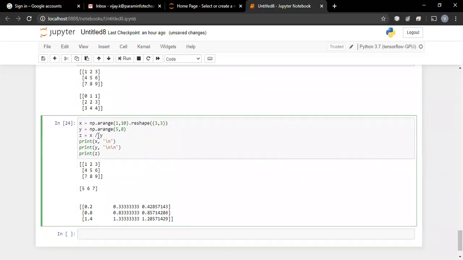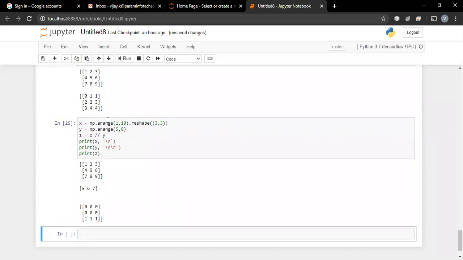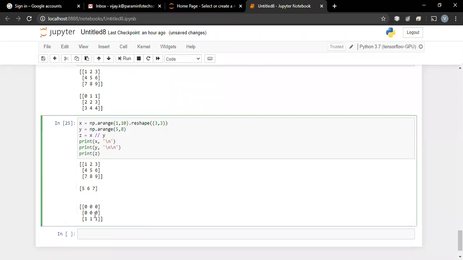Instead of division I can even go for the double division symbol, and it can become something like this also. So the way we can go for matrix addition, matrix vector addition, matrix scalar addition, we can go for the same thing with the multiplication operator and division operator also without any problem.